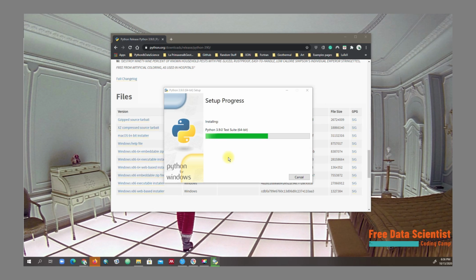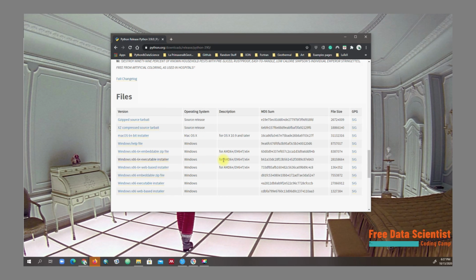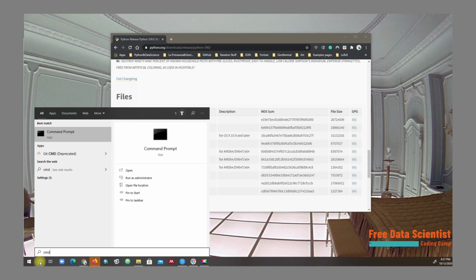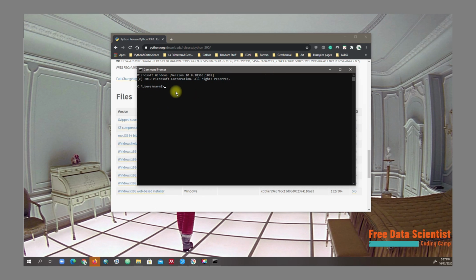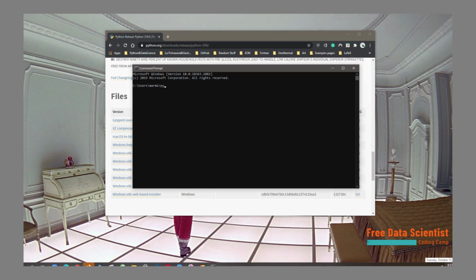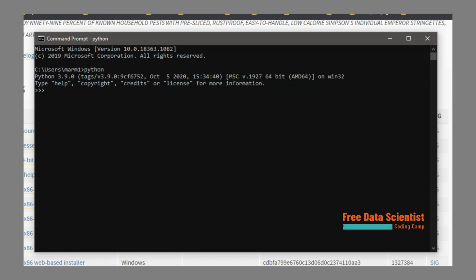After the installation is done completely, we have to corroborate that Python is already in our system. We have to open the command prompt in Windows. For this, we place in the lower left position in Windows and write cmd and press enter. The Windows command prompt will open, and to check if Python is installed in our system, we have to write the word Python and press enter. And there you go, we are already in Python 3.9, which is the version that we just downloaded.